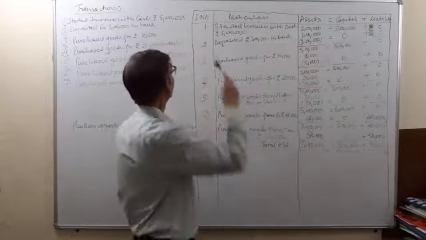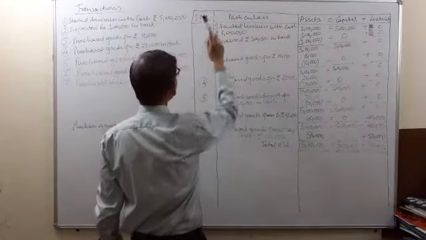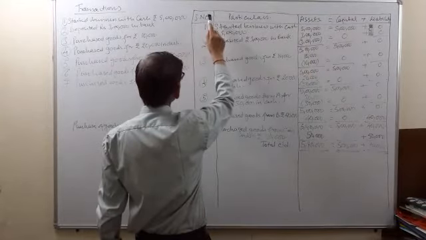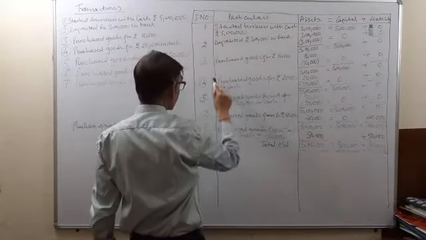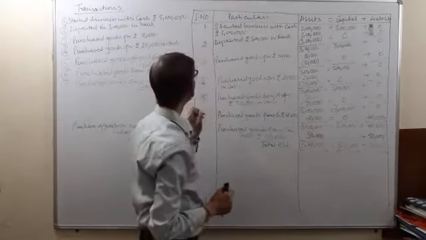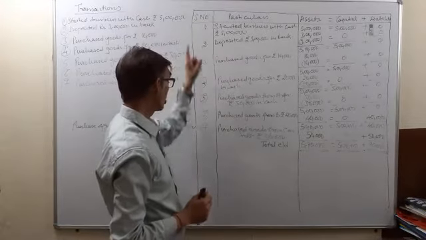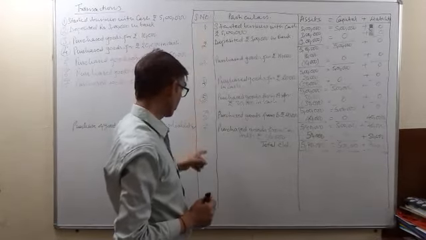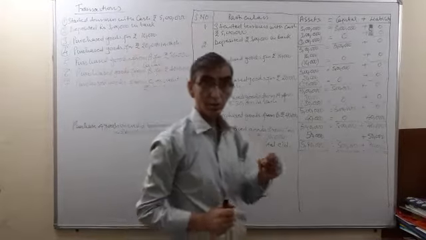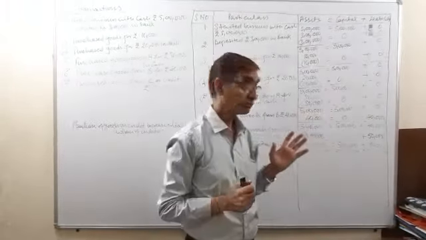So for this, a particular table is prepared. In this table there are three columns. The first column is serial number. This column should be a smaller one. In the serial number column, you may write 1, 2, 3, 4, 5, 6, 7 or small Roman 1, 2, 3, 4, 5, 6, 7 or A, B, C, D, E, F, G, H, I as it is given in the question that will be given to you.